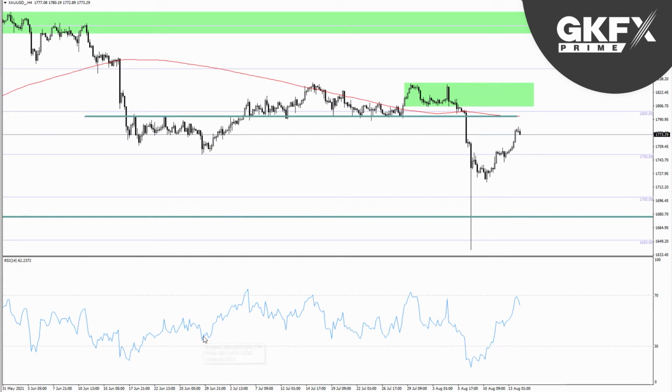Moving on to gold. Obviously, last week was a pretty wild week, starting with that sell-off at the start of the week, and then we pretty much rebounded, not quite all the way of that sell-off. Pretty much we need to get back up to 1800 for the sell-off to have completely unwound itself. We're still,